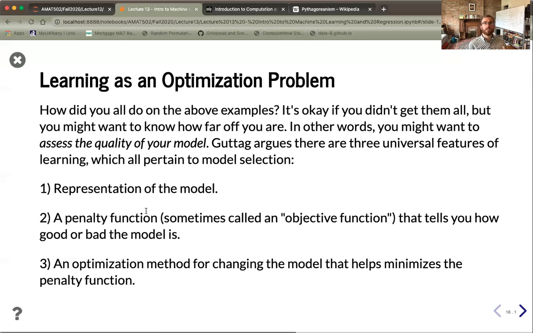And then you need to figure out a way of how do you change your model in order to help minimize this penalty function. And the difference between the first two examples and the third, if we assumed a constant difference, we would have been wrong. And so one way in which we might want to change our model is to change how quickly we allow each term to grow. Well, I'll give rigorous mathematical meaning to that shortly.